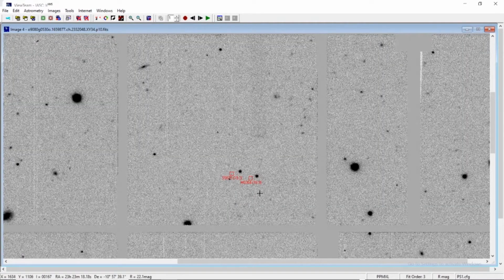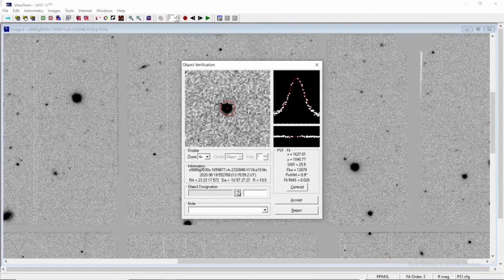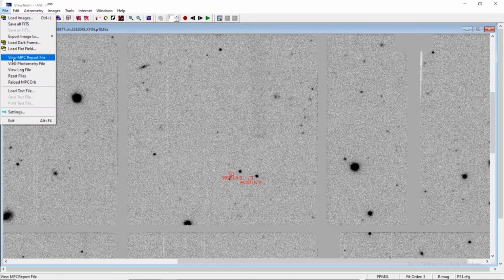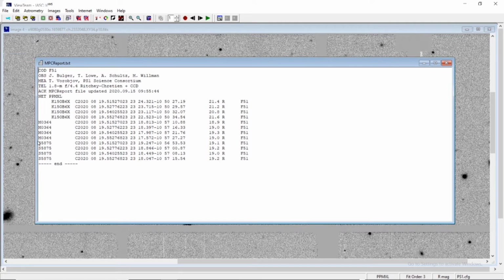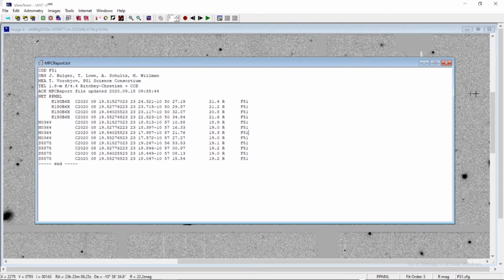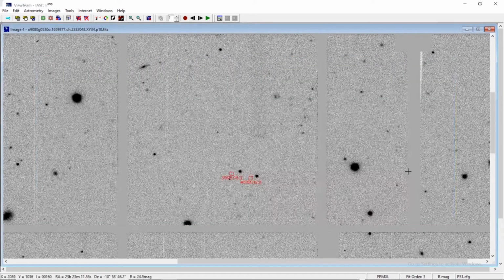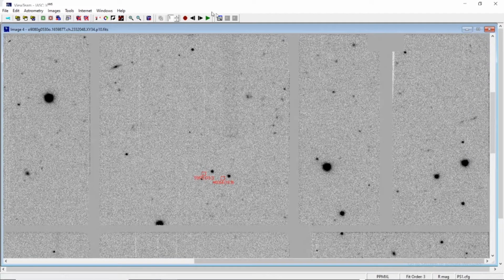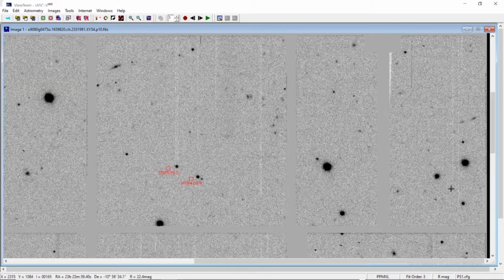Go to the 4th image, and in that 4th image again put your crossfire there. Again select the object designation. Everything is already functioning OK, so now you click OK. Go to M0364, accept it, and now you come to the MPC report. Now here you see M0364, all the 4 lines are here, and the 3 objects are now really being synced into your MPC report. Now you start blinking it again, and as far as manual scan is concerned, now you try to scan manually this particular 4th grid.